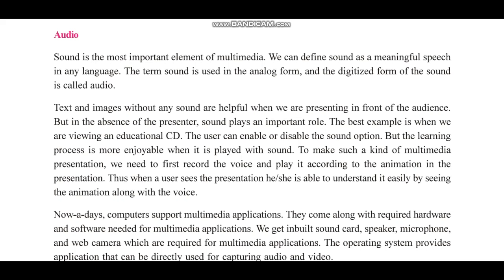To make such multimedia presentations, we first need to record the voice and then play it according to the animation in the presentation. Thus, when a user sees the presentation, he or she is able to understand it easily by seeing the animation along with the voice.